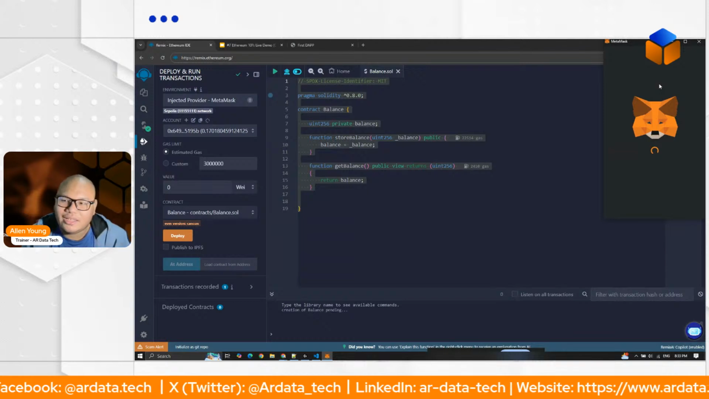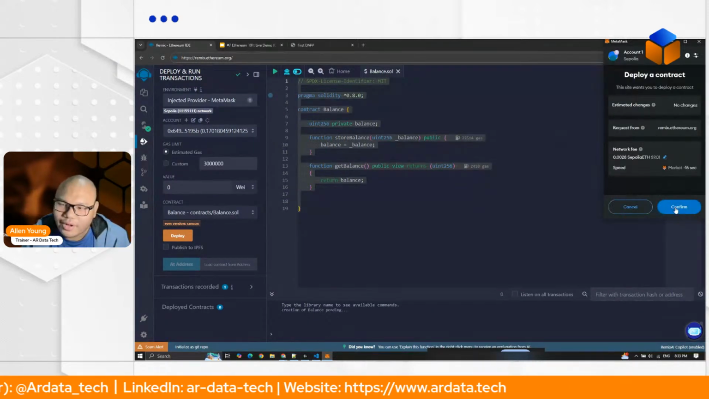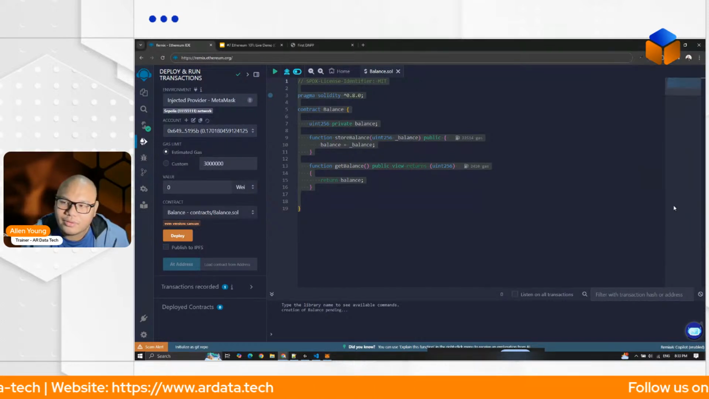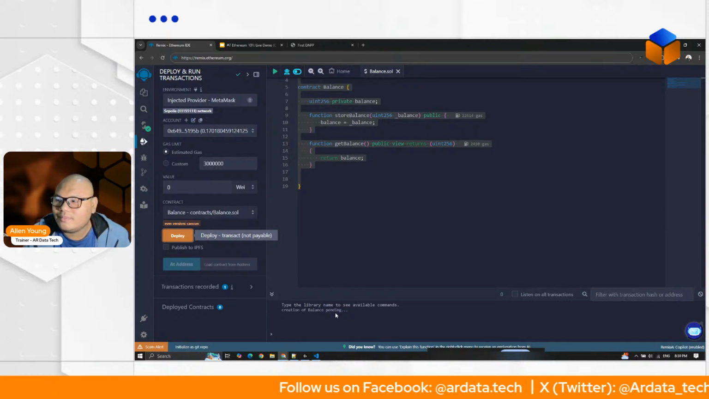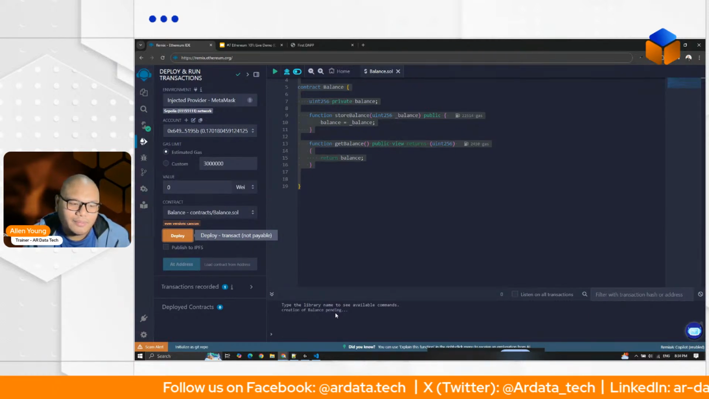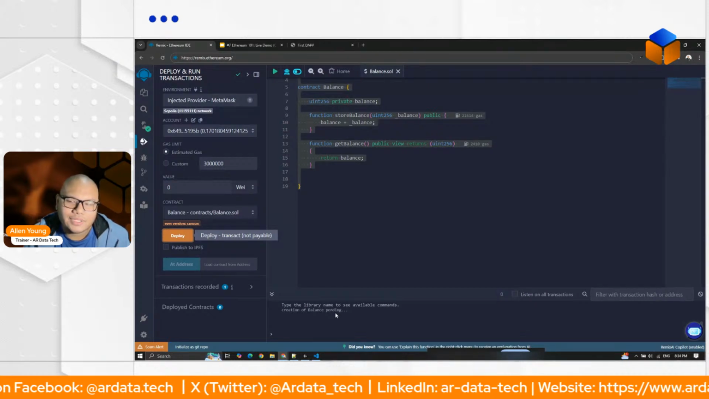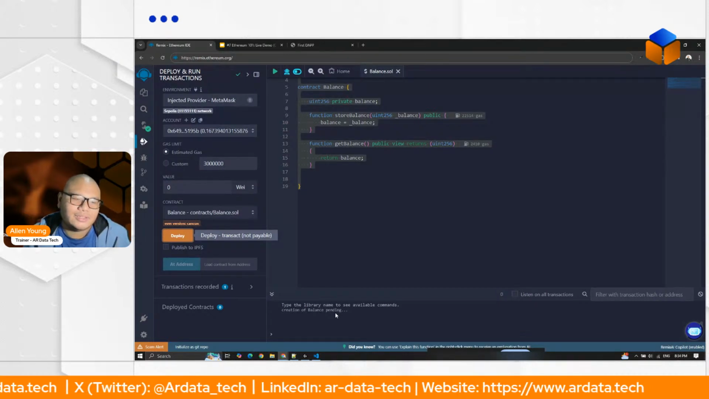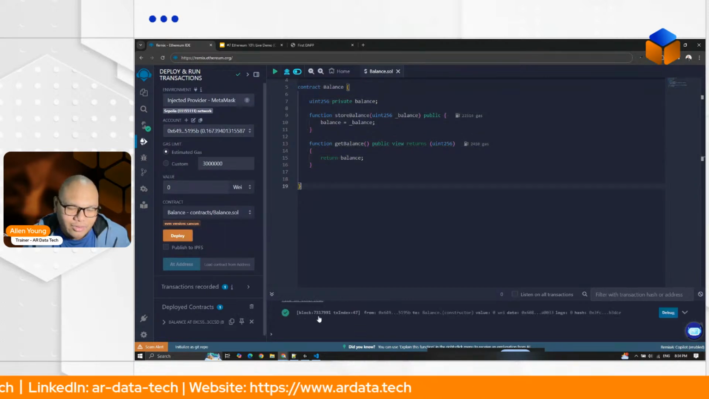It means 0.028 Sepolia. Click confirm. Let's wait for a few seconds. Okay, it's pending. Maybe 15 seconds for it to finish. If it's long to wait, that's quite normal. There you go. So it's created in block